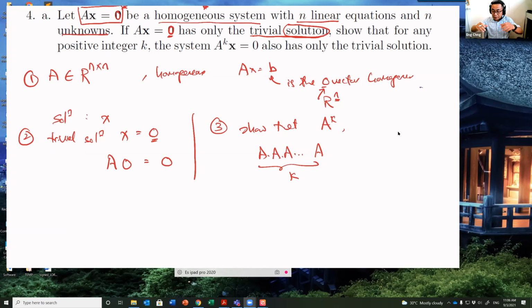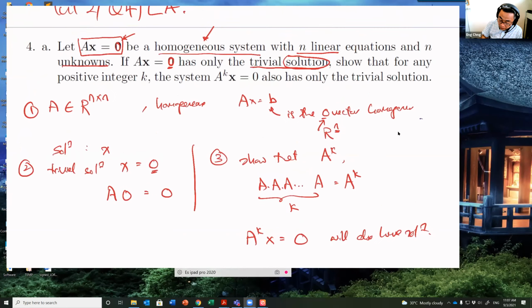N times N multiplied by N times N is N times N, and therefore we have A, K of them. And he wants to show that A^K times X will also have only the trivial solution. So he's actually going a roundabout way, okay? This is a very big round to tell you that